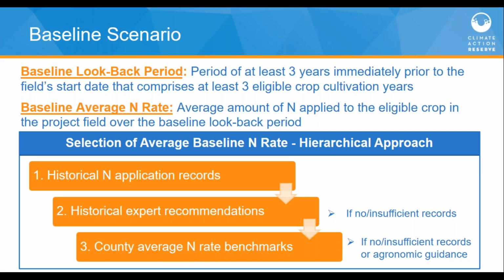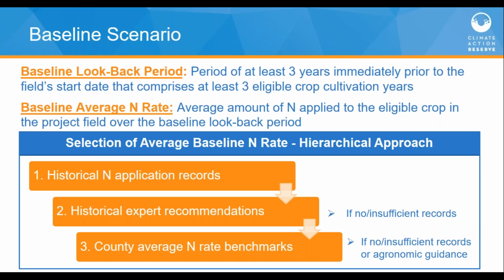Understandably so, if it's grown in a rotation, then like a 2-crop or 3-crop rotation, then you might have to go back 6 or 9 years or so, depending on if it's a 2-crop or 3-crop rotation. If it's a monoculture, then it should be just the 3 years directly prior to the project start date. And then using those 3 years of data, you need to compute an average N rate that was applied over that